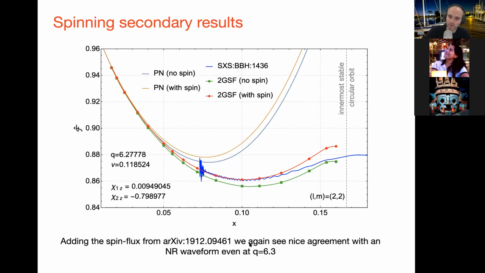And so this, again, is quite a high mass ratio, Q of 6.3. And we really didn't expect it to work so well there at all. Normally you think of perturbation theory being for these extreme mass ratio systems, a mass ratio of 10 to the minus 6 or so, maybe 10 to the minus 5 or 4 is good, but it seems actually quite good even up to 10 to the minus 1, or 1 over that for Q.